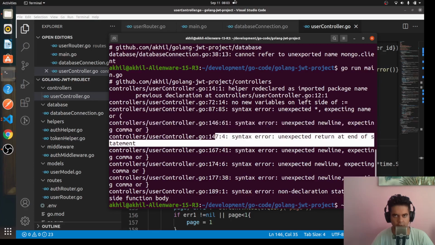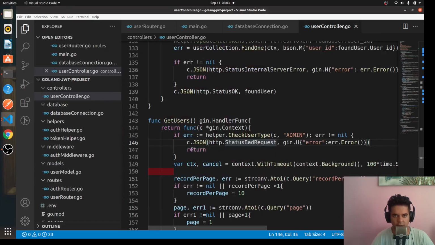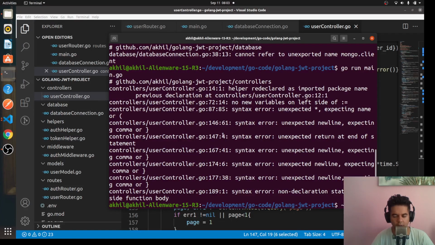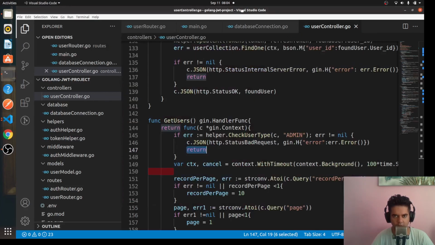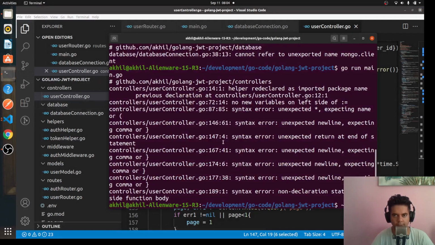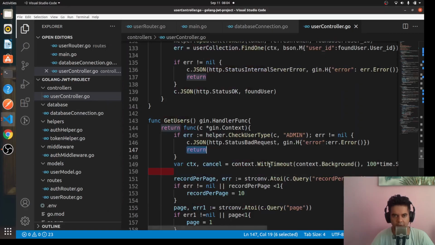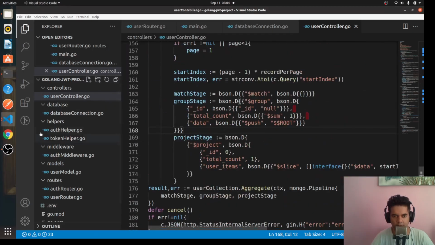And then now 147 we're returning from this. And now because we hadn't written if error is equal to, that's why probably there's an error on 147. So we'll ignore this one for now, all right, because I think it was because of this issue the error was given out here as well. Now let's go to 167. So 167, it's saying,